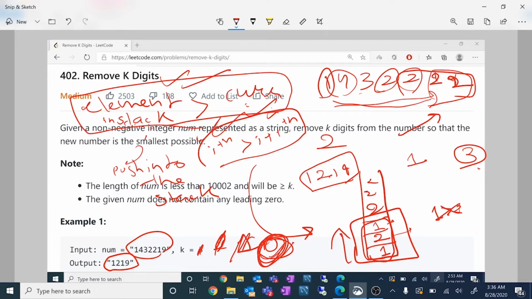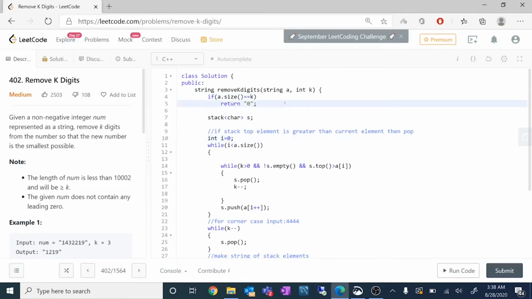I hope that you've understood the approach part. If you haven't, I suggest you go through it once again. Nonetheless, I'll be discussing the approach through the code as well, and things will be clearer. So let's move on to the code part. Let's start discussing the code here.